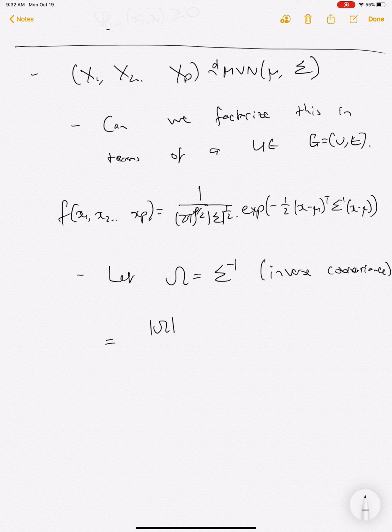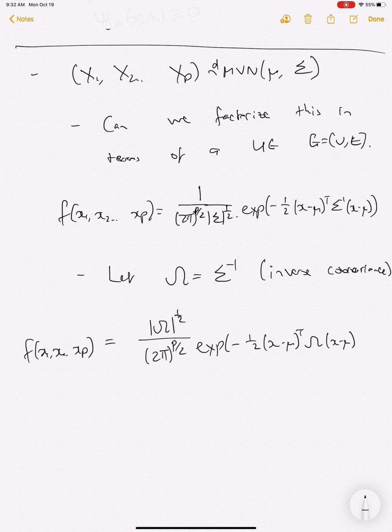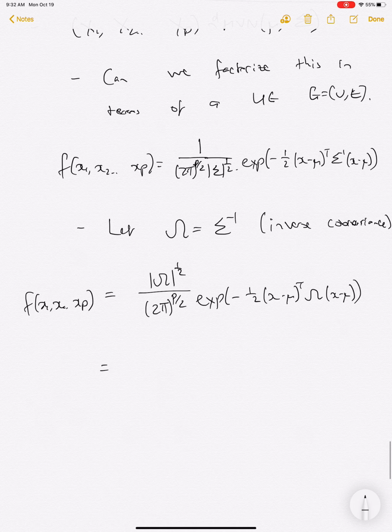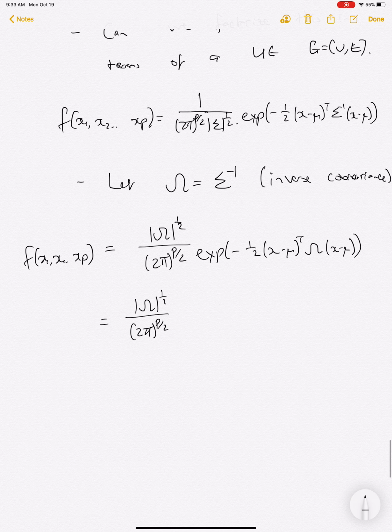Okay. So then you can kind of rewrite this. We're going to just change the parameterization now to the inverse covariance, which means that f of x1, x2 up to xp is equal to the inverse covariance, because if you take the inverse, the determinant also just gets inverted. So it just becomes the numerator rather than the denominator. And then we can re-express this as x minus mu transpose omega x minus mu. So how is this useful? What that kind of means then is if we re-expand this out, this is equivalent to